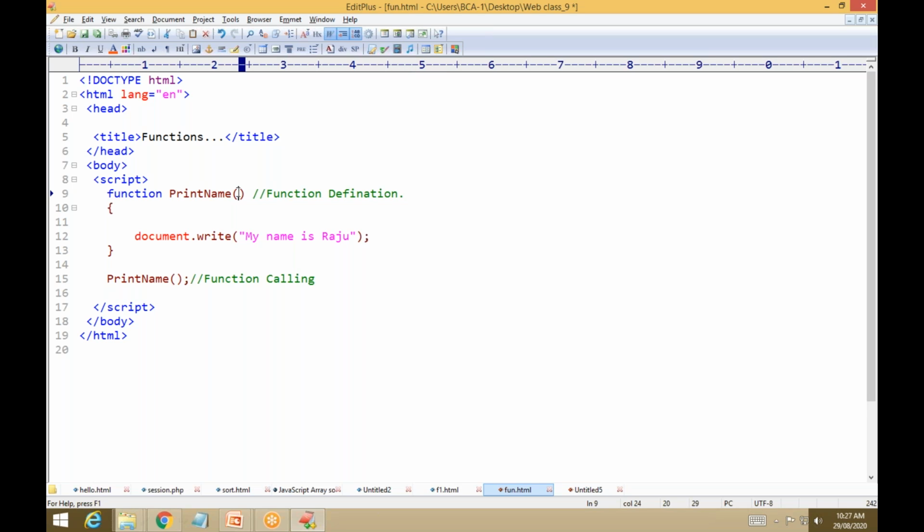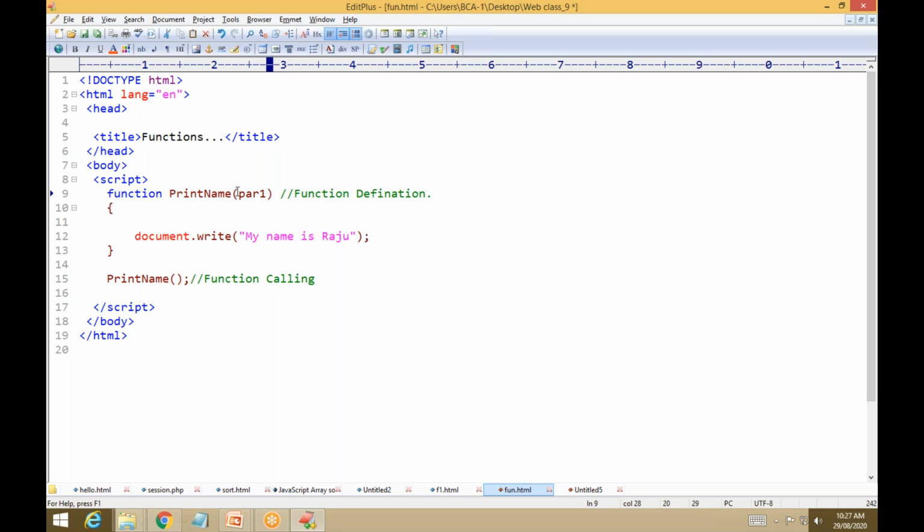For example, here I told you, you can write the parameters here also. I'm writing parameter 1. I don't know which type this parameter is: integer, number, undefined, boolean, or string. So how do you tell that this parameter is a string? It automatically takes the type from how you send the values. Suppose you send an integer, it takes an integer. If you send a boolean, it takes a boolean.